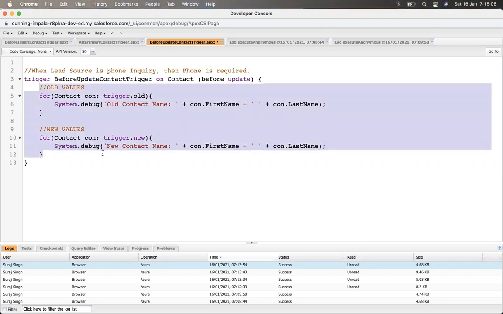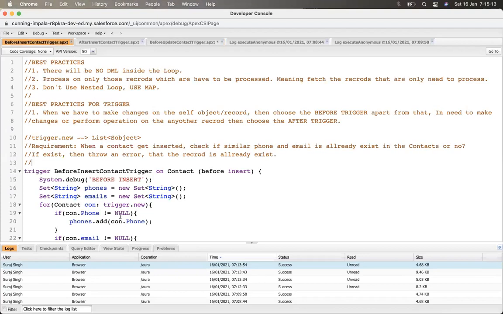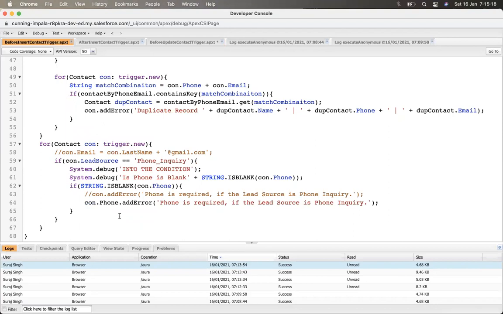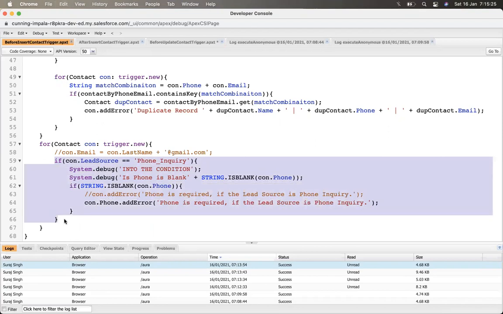In this case, what we have to do is a similar thing as we have done here, just like the insert case. We also need to do it on the update case, meaning whenever the lead source is phone inquiry, it will check and do the update.